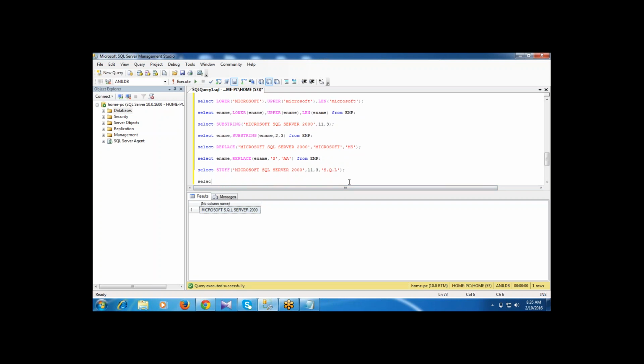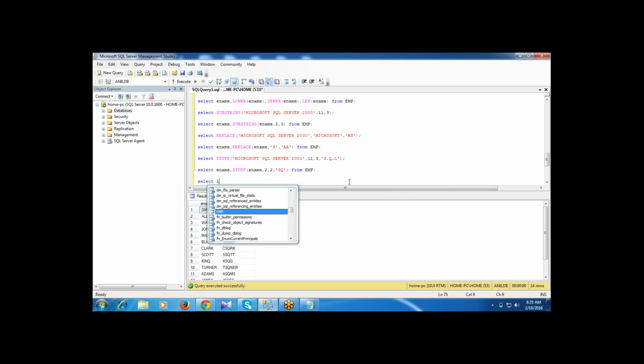So select ename, stuff of employee name. From the second letter I want to replace 2 characters with sq, friends, from the emp table, like this.